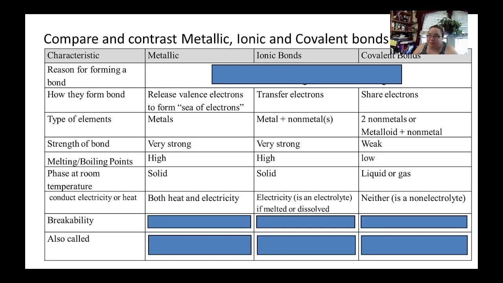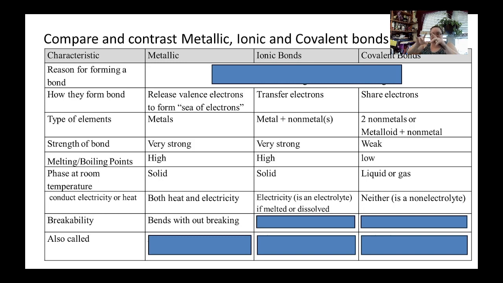Versus our covalent bonds, which cannot conduct electricity. They are called non-electrolytes. These would be things like fat and butter. They are made up of a whole bunch of bonds that are shared, and the electrons are not able to flow through the substance. In terms of their durability and breakability, with metals, you're able to bend metals without actually breaking the